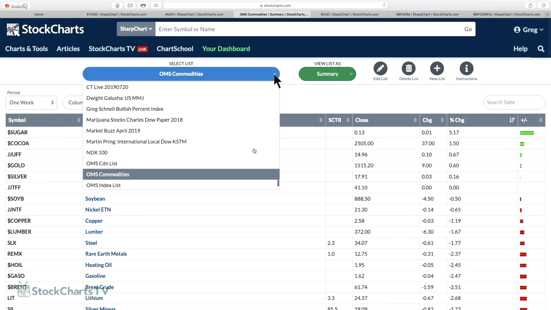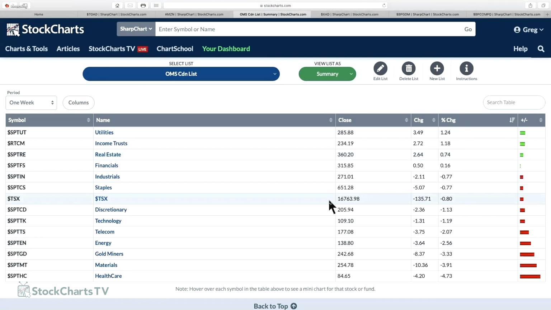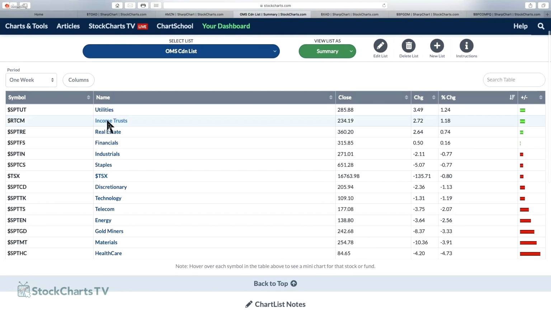And for the Canadians in the crowd, our utilities, income trusts, and real estate, just like the US, are leading. The financials are flat, and everything else is getting a little weaker. But healthcare, which is where the marijuana names hide, is obviously pulling down quite hard. Materials and industrial materials are weak until we get this trade deal resolved. Gold miners have been pulling back, as I mentioned, and then energy. I thought the bid was going to come in. There was lots of big buying there, and it just seemed to stall.